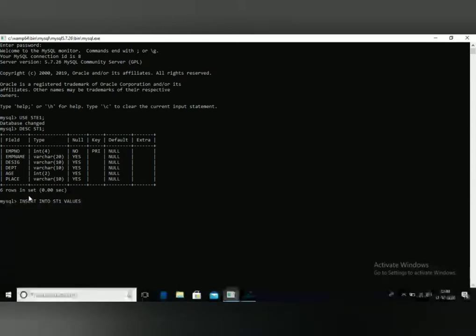Values. Then you give the values for this one. For example, first I'll give the employee number as 1000 or 1001. Okay, the next, comma. What is your next one? Employee name. This employee name you write within double quotation. For example, I'll give Jeffrey. Then I'll give close quotation.